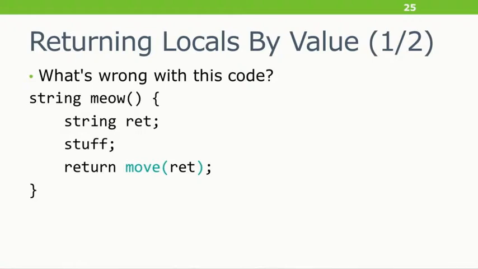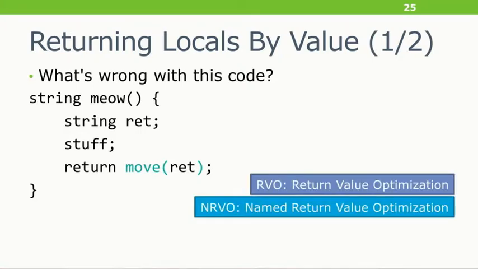I actually didn't learn this until, I think, BoostCon 2012. The problem with this, actually, is that it inhibits the return value optimization and the named return value optimization. In this case, it's the NRVO because it has a name, because I've said move. The NRVO is very, very specific. It's when you return a local variable of the same type, then the compiler can skip any copying and just directly construct the variable in its final destination. As soon as you put a function call in there, the NRVO is disabled. You just can't do that because even though the function is essentially a no-op, it's a cast, the compiler doesn't know. It can't allow arbitrary functions to take advantage of that optimization.